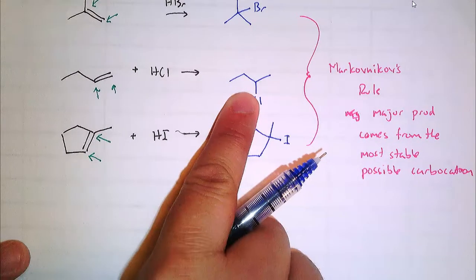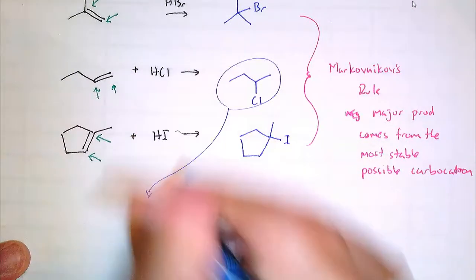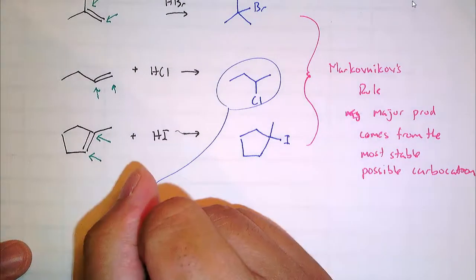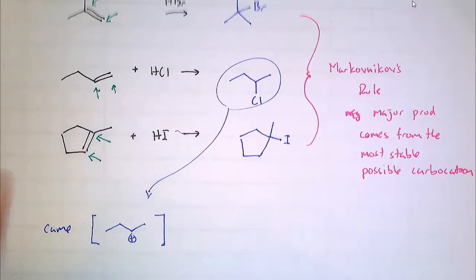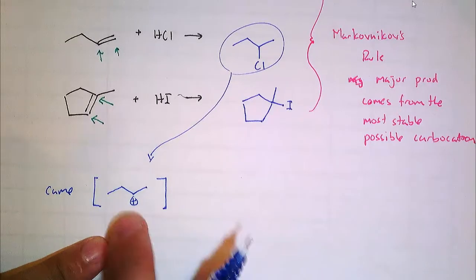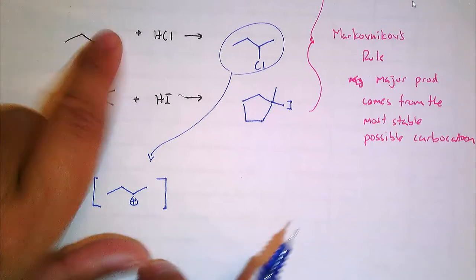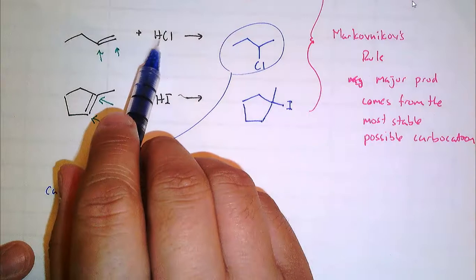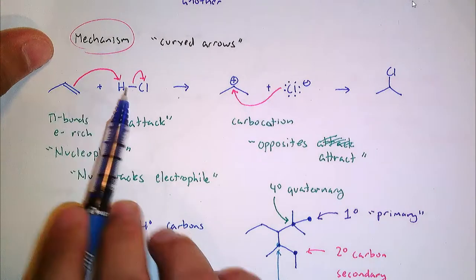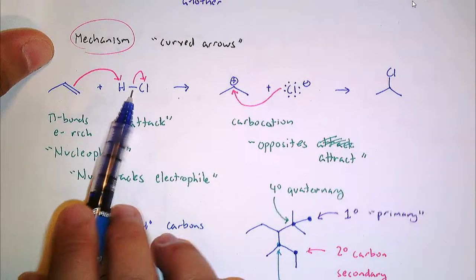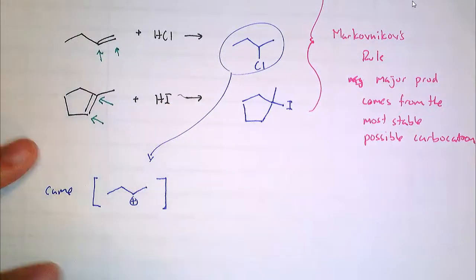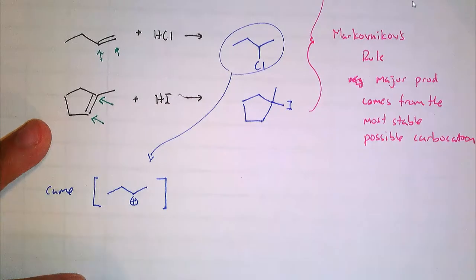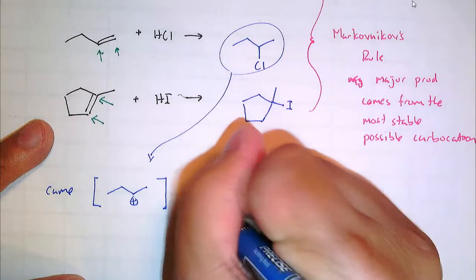Now there's one last thing. Let me take a look at this molecule here. This is very interesting. Sorry, I'm going to have to rush a little bit. It came from this intermediate, a secondary carbocation. Now, I'm not going to draw the mechanism because I don't have this bond to break. When you draw a mechanism, you literally have to show every bond broken and every bond made. That's why I have to draw this bond. Normally, when you just draw the general reaction, you don't draw that bond. It came from this secondary carbocation. When the chlorine comes in and attacks,